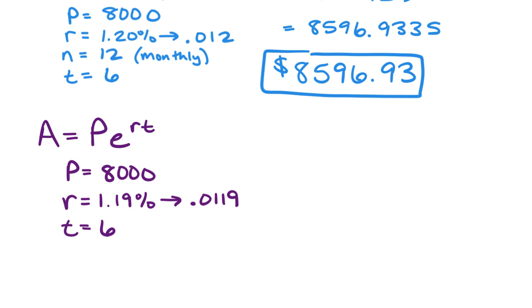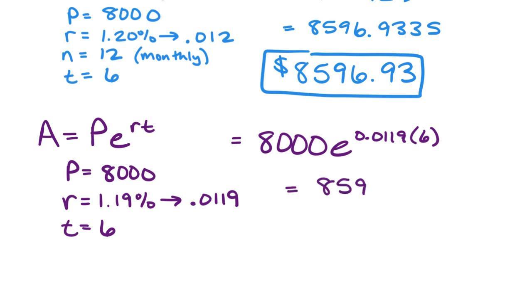I recommend, this is kind of how I've always done physics and applied problems for myself, listing out all the variables I would need so I make sure I have all of the pieces of information. If we go ahead and throw that into a calculator, this would be 8,000 times e to the 0.0119 times 6 power. And again, you would need that E button on your calculator to calculate this. When you do that one, you should get 8,592.08595, which if we make that look like money with dollars and cents, that's